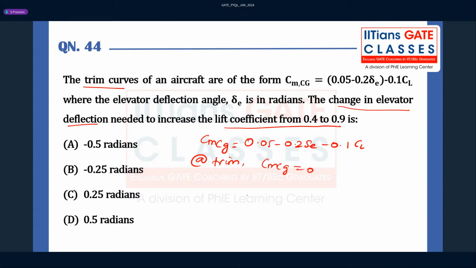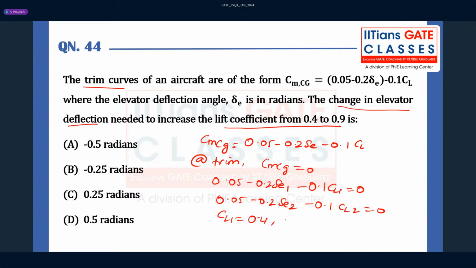So which means let's substitute that. I'll have 0.05 minus 0.2 delta E1, let's say, minus 0.1 CL1 equal to 0. Which means you can write another one as 0.05 minus 0.2 delta E2 minus 0.1 CL2 equal to 0. So these are the two equations, right? So which means what? My CL1 is 0.4 and CL2 is 0.9. So we substitute it back into these equations, and simplify this to get the delta E,